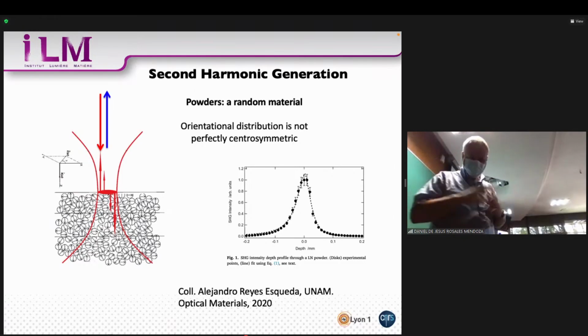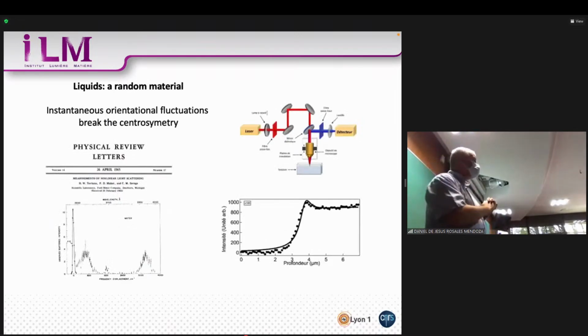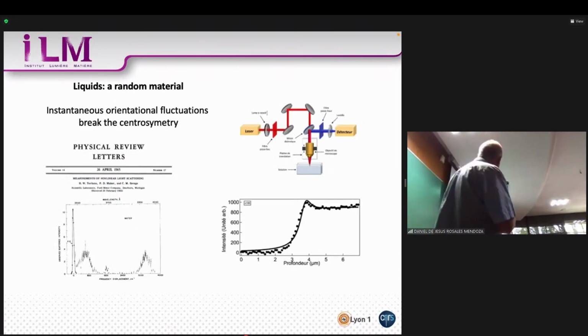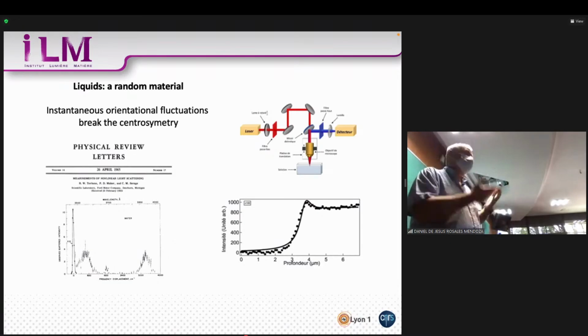Okay, that's a first material. I will not further discuss this, but we have a random orientational distribution of the nonlinear dipole. Now, if we go to another type of material, this is liquids. This is also, a priori, a random assembly of tiny molecules. Just think about water. We can, at a first glance, see it as an assembly of molecules, and they're randomly